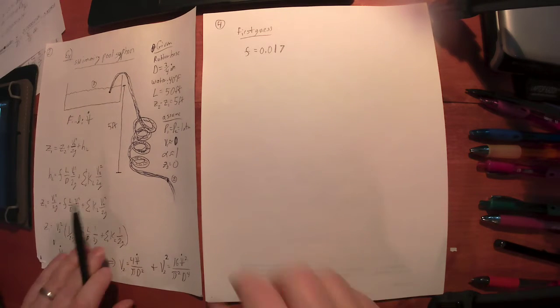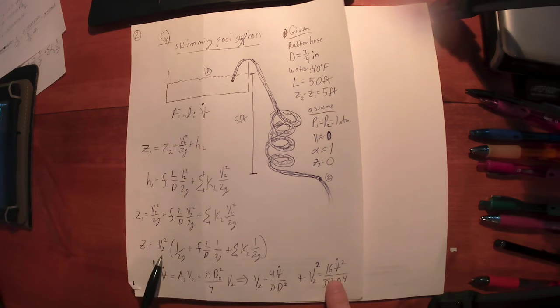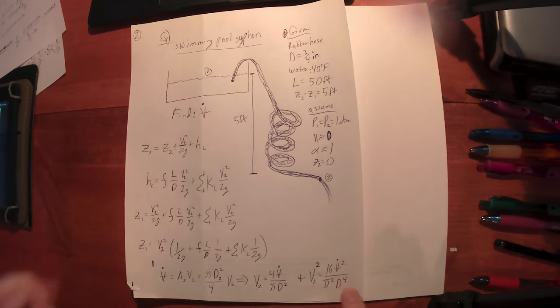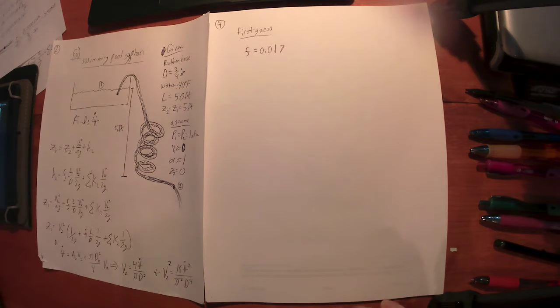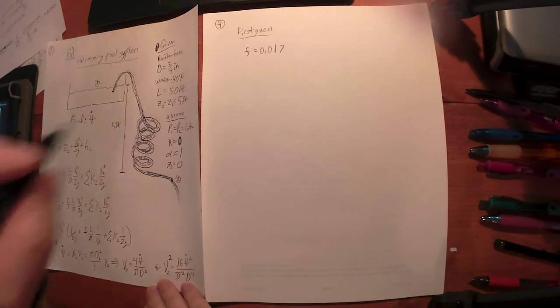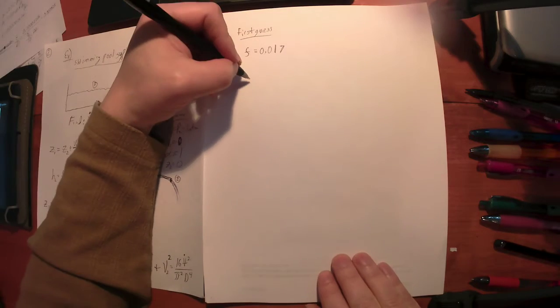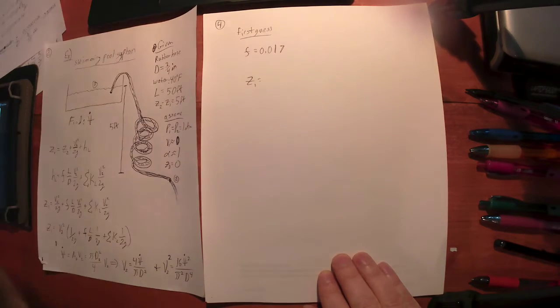Okay, so I'm going to go back to this expression over here. I can plug in v squared here now if you like. Man, it's going to be a lot of algebra. That's okay. I'm trying to figure out, as I'm writing this, the best way to do this. Okay, let's say that I'm just going to plug this in. Let's say Z1 is equal to